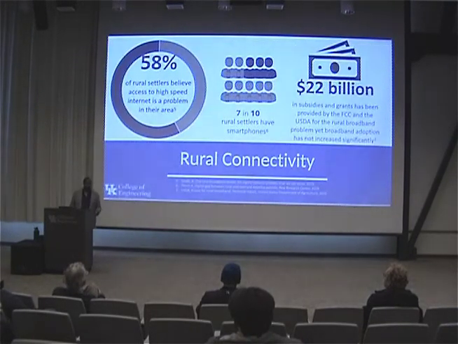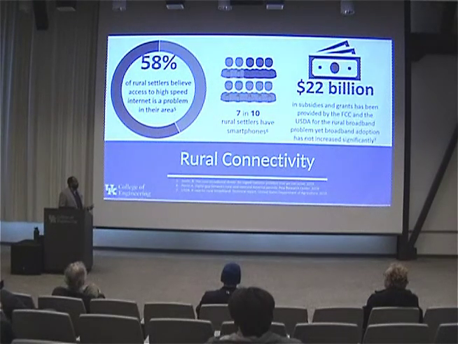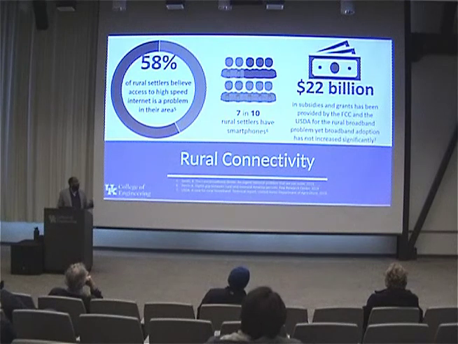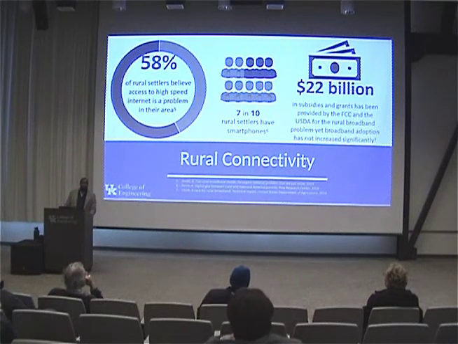To give some background, when it comes to rural connectivity, many of us assume, particularly when we're on campus, that internet is available everywhere, right? But if you look at what's happened over the last few years, 58% of rural settlers believe there's an issue with the internet. And if you look at the amount of money spent in recent years, as recently as 2020, the government allocated over $22 billion to try to get internet to rural areas, when it gets close to what they call the last mile. And so even when there's internet availability, other issues come up